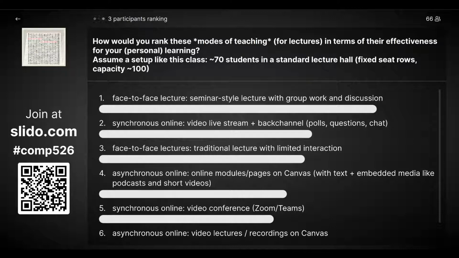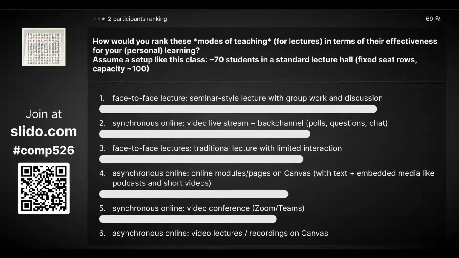I totally agree with the first one. I think this is the best. It's just super expensive and doesn't scale, so hardly any university affords to do that for the majority of lectures. We'll have the tutorials which go a little bit in that direction. Synchronous online, people hate it when they had to do it. Now it seems more popular. That's interesting. Now you can do that for this one at least. You can stay home if you want and join online.